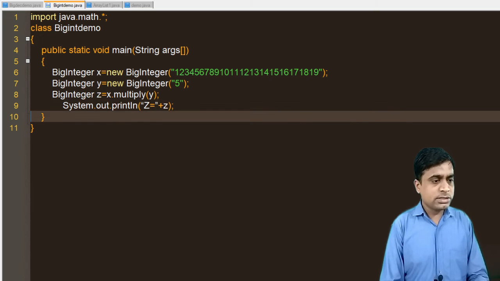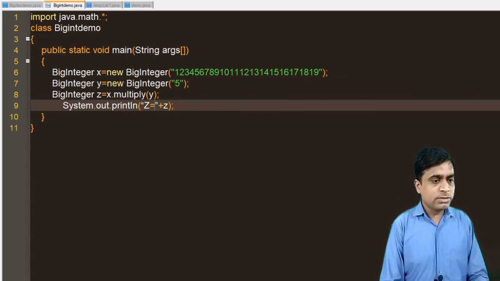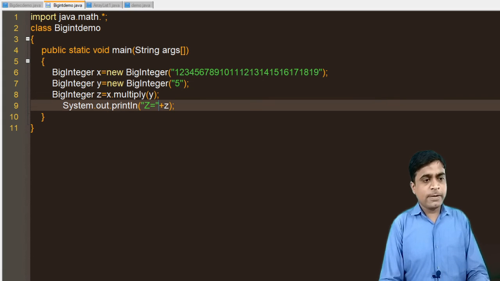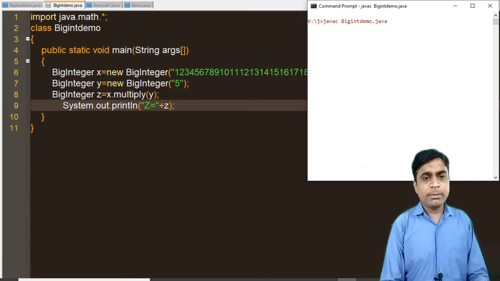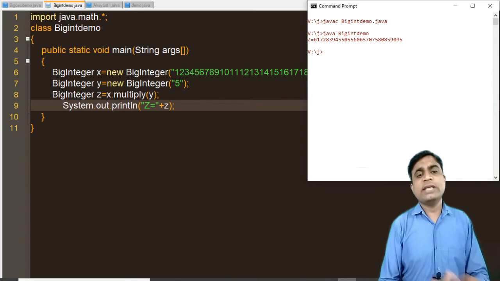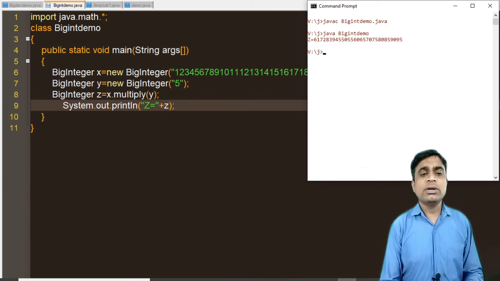In System.out.println I am printing z is equal to, and I used a different quotation over here, that's why this problem is there. So now let's run this code again. java BigIntegerDemo. So you can see the range of this number, and you can see the output.